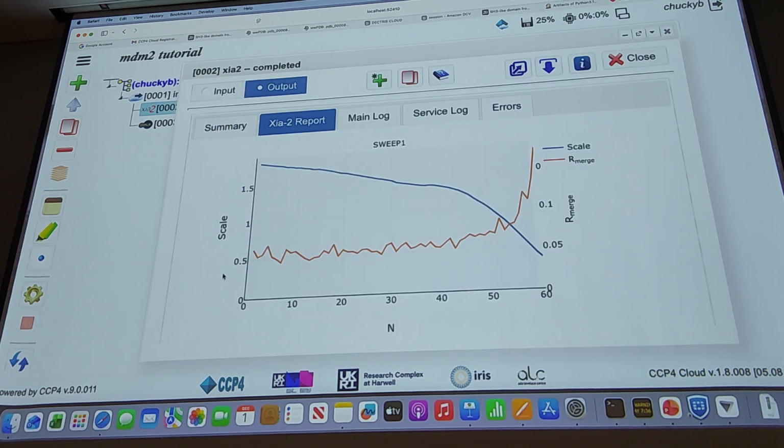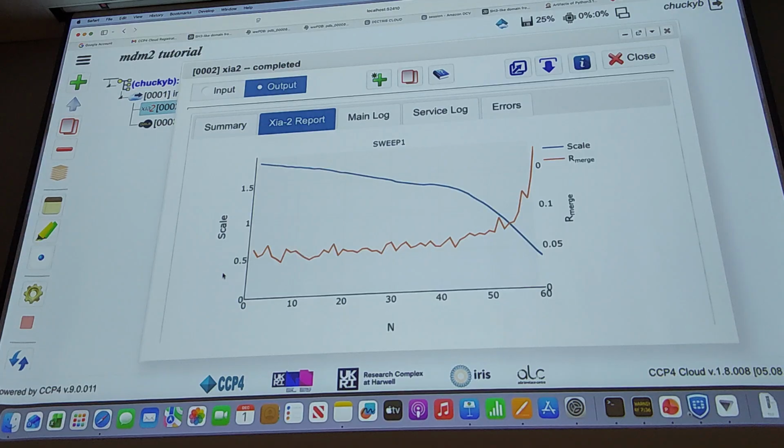The analysis versus batch is really useful information, particularly if there might be radiation damage. So if you use Aimless, it gives slightly different statistics. So this gives R merge and the scale. I think Aimless gives the B factor weighting as well. So as well as trying to scale all the data to the strongest data, it tries to upweight the high resolution data to the early data. Now,